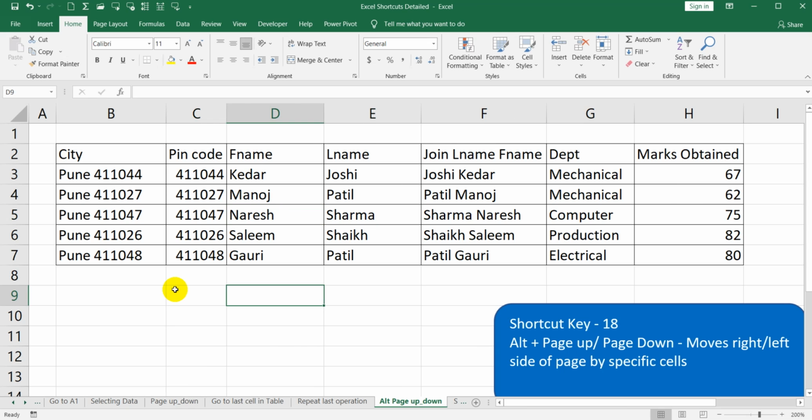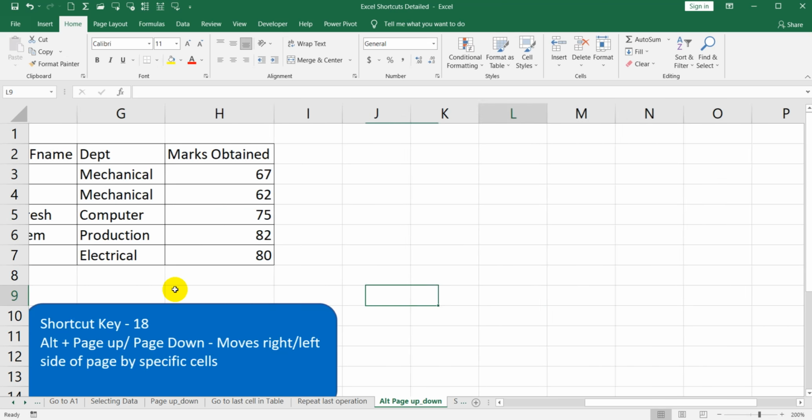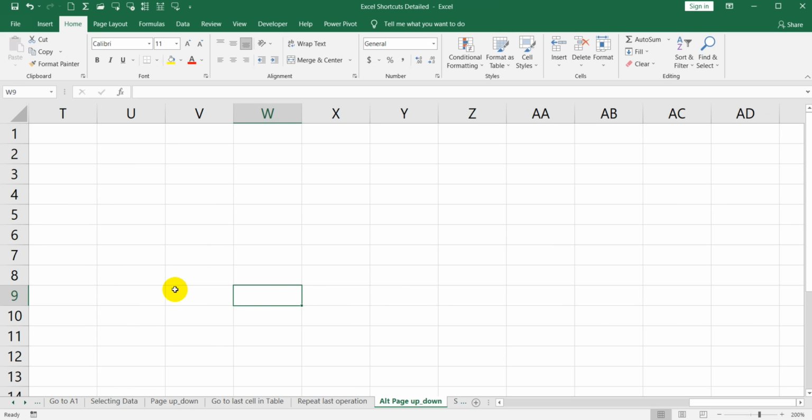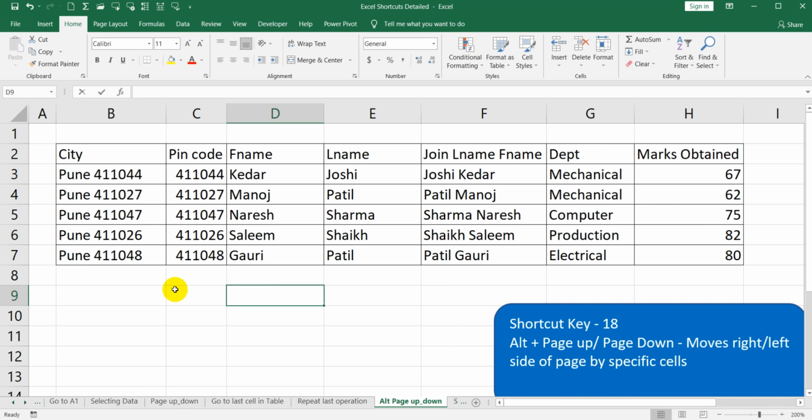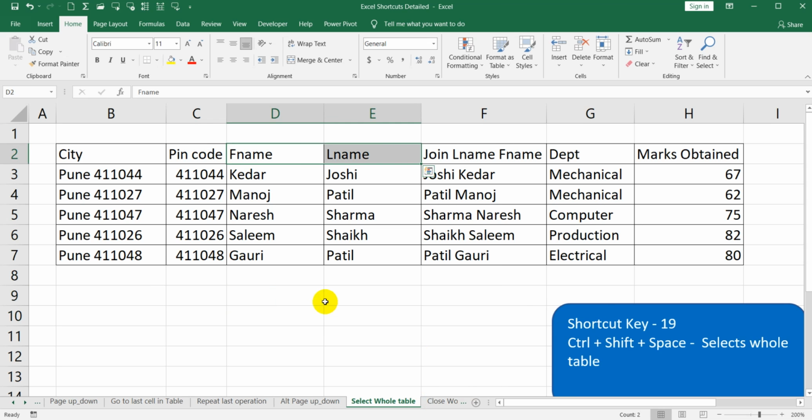Select Alt and then Page Down to move it to the right side. If you want to move it to the left side, then you can select Alt and Page Up. So you can see the shortcut number 18. I'll just delete this. Move on to the next shortcut, that is 19.